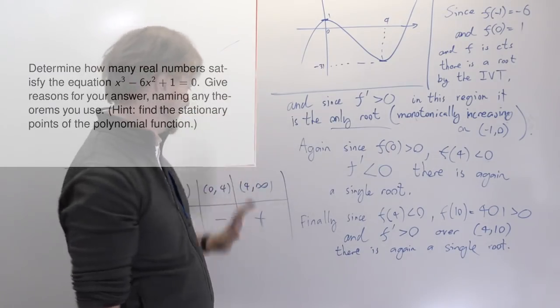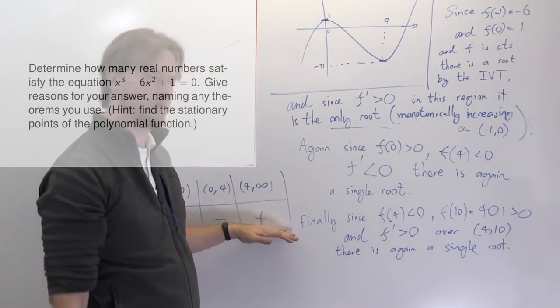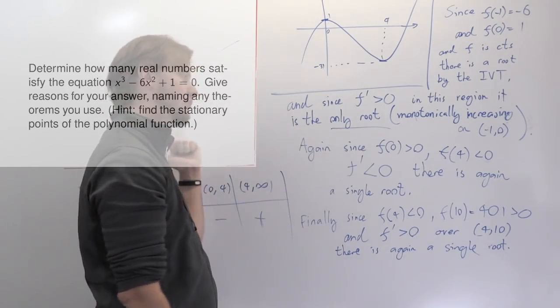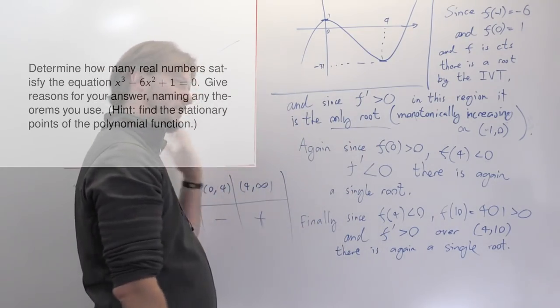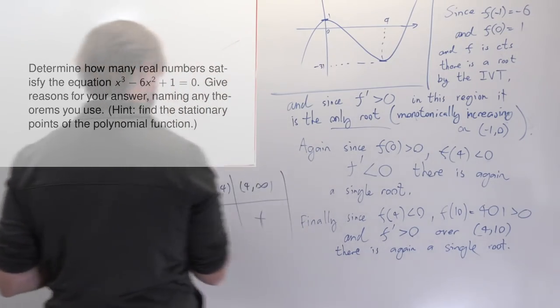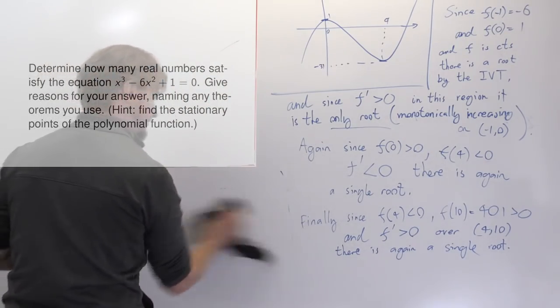Now the fact that it's positive, always increasing, there's not going to be any more roots past 10, and there's not going to be any more roots beyond -1 in the negative direction. Hence there are